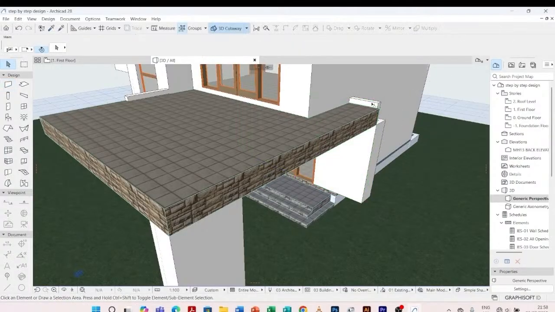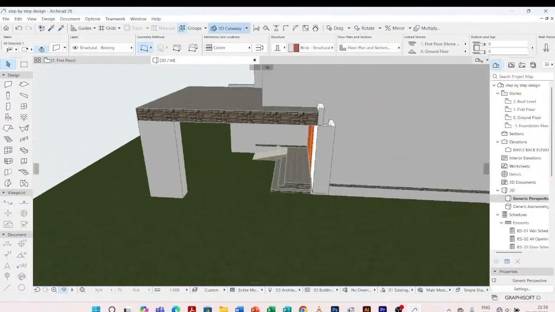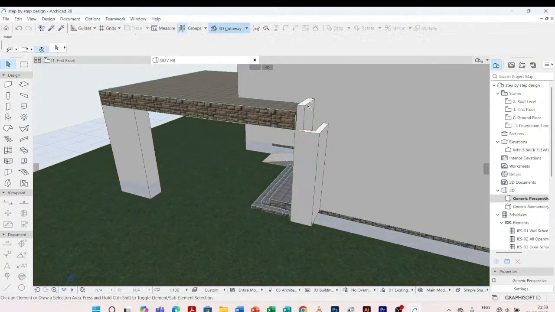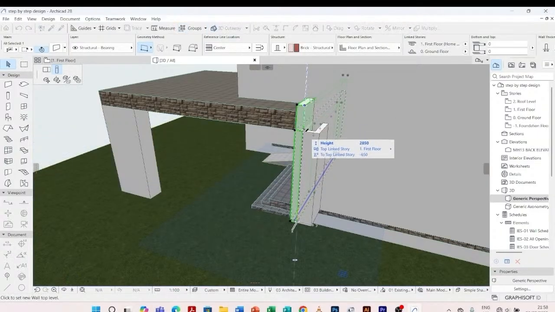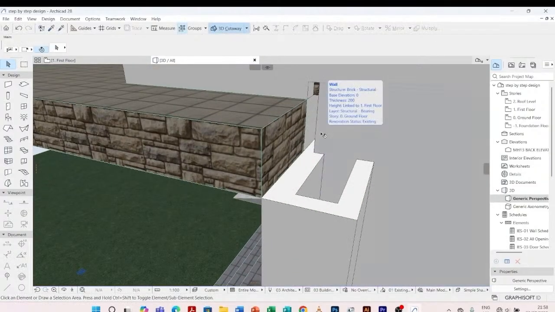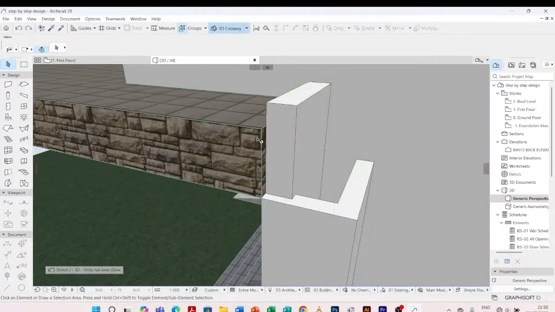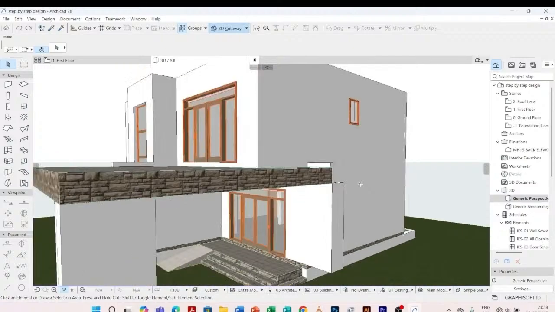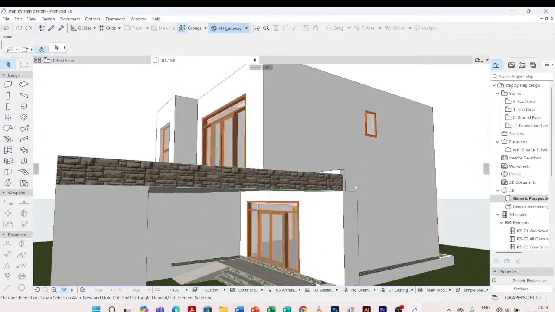Then for this one, I'll move it because it doesn't have the same parameters. It is 200 millimeter thick. So I will just simply click on it. I move it down. I stretch the height up to this level. No, Ctrl Z. I rotate. So that means I'm going to split this wall so that it does not affect the wall of